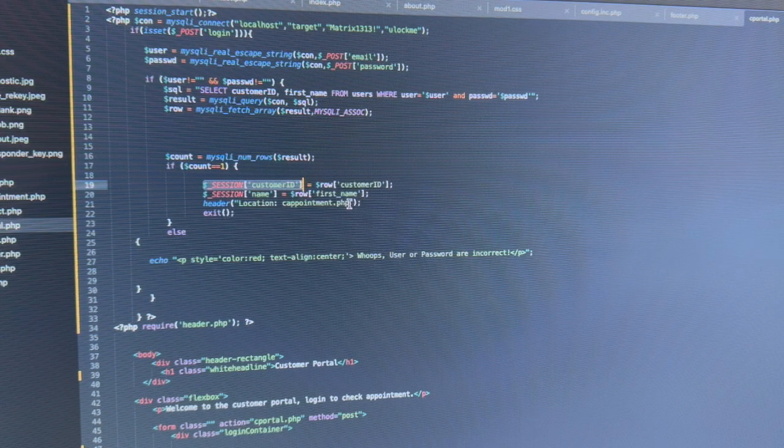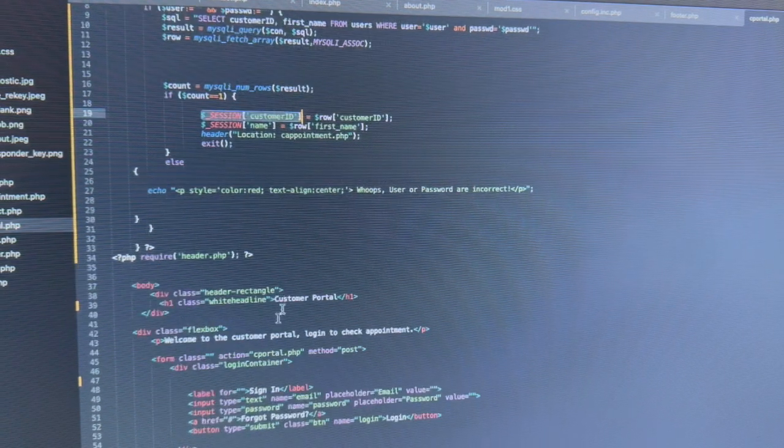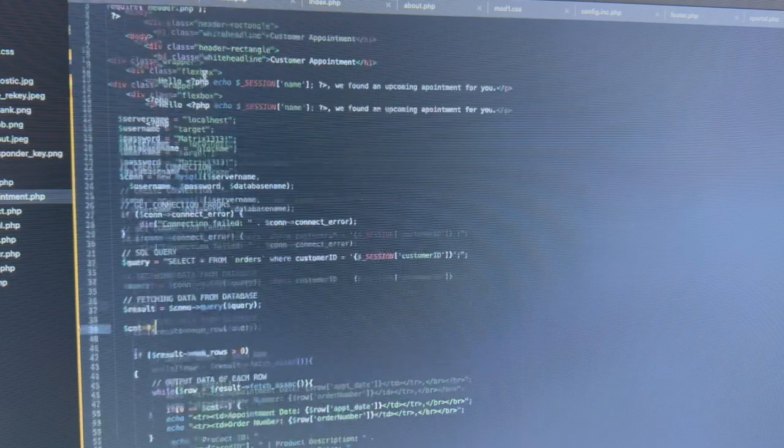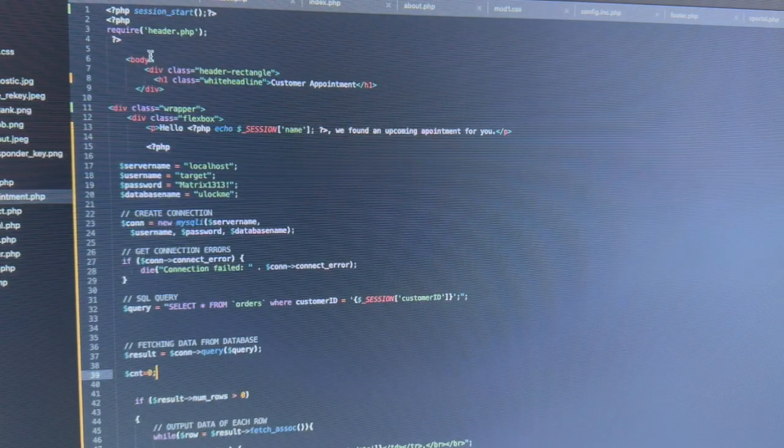And on the appointment page, I have an SQL query that runs and draws up any appointments the customer has upcoming. And then of course my standard coding for the form that they have to fill out. So now we go to the appointment page, and here on the appointment page you can see once again I do a connection to the database,